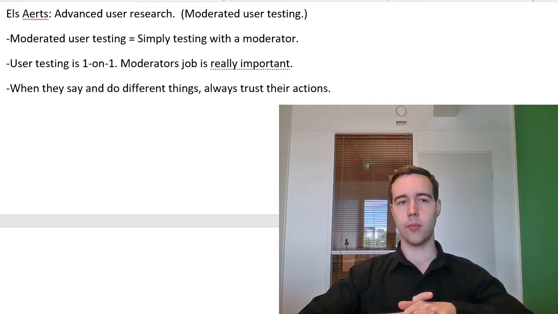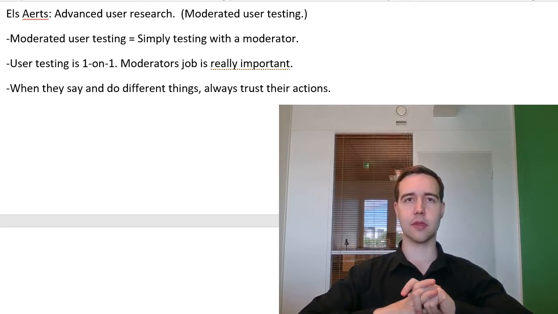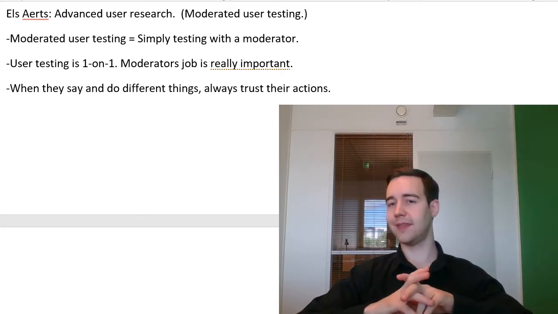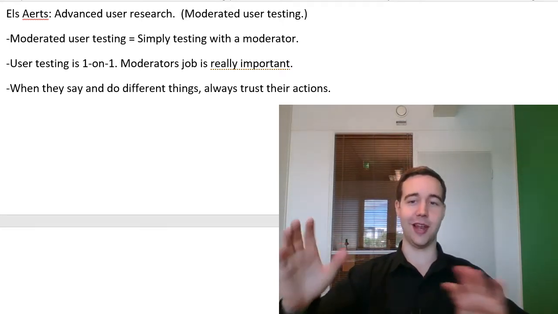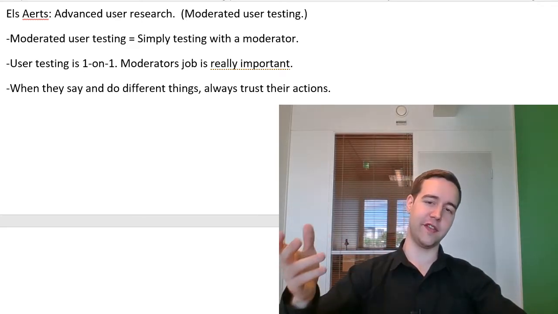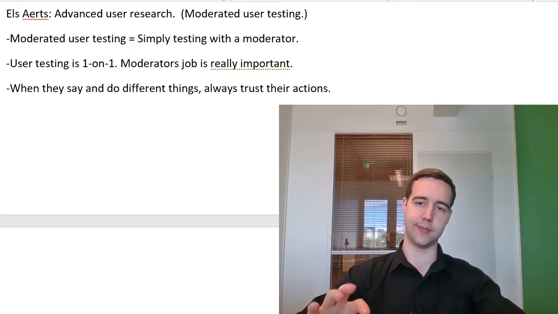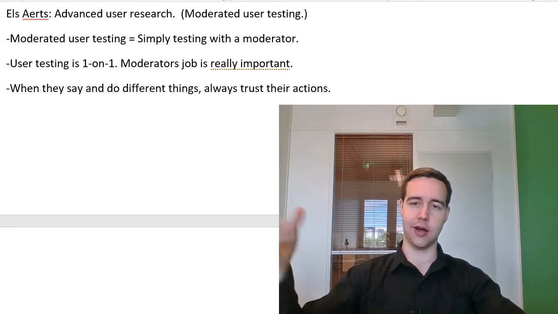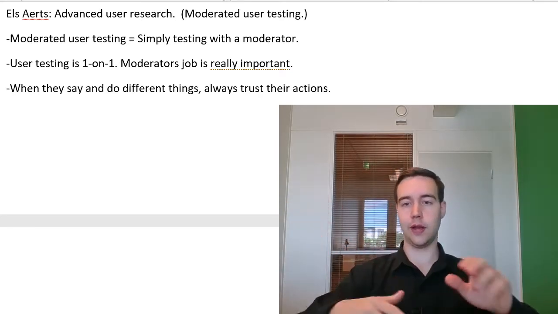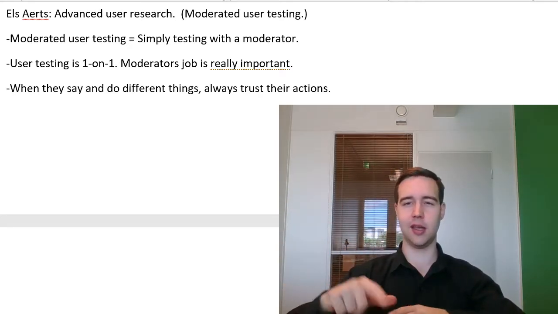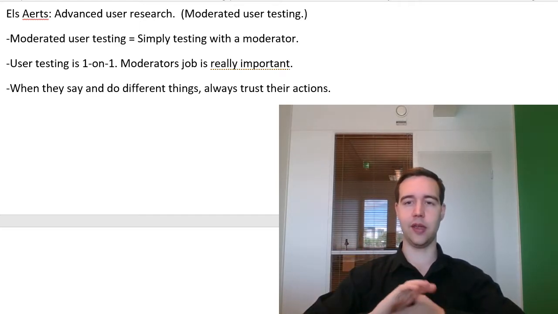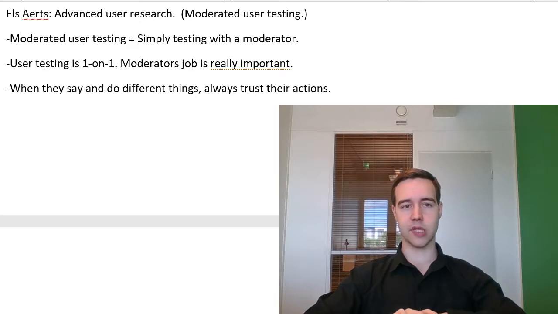Moderated user testing is simply, basically, you give somebody at Starbucks, for example, a laptop and some kind of mission, and then you watch how they do it. It could be anything, like, go search this product from Google, and then perhaps they end up on your site. You get to see how they navigate the site, how they're behaving. They can tell you what kind of problems and concerns they are having, etc. So it's a way to get into the customer's mind.